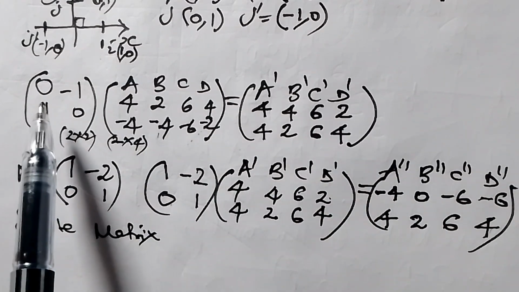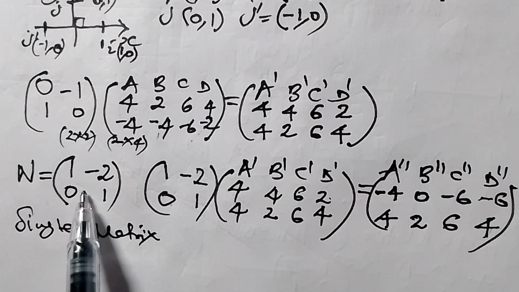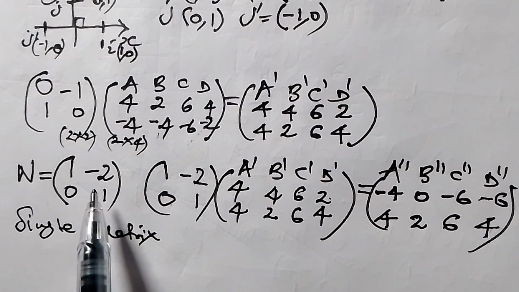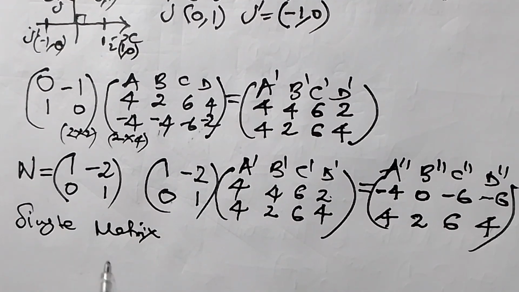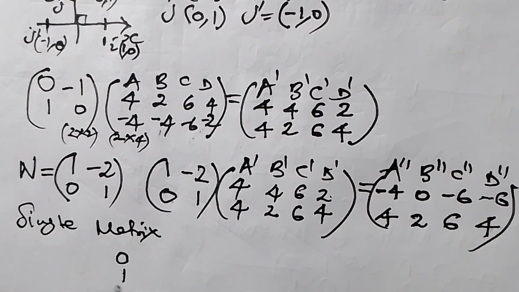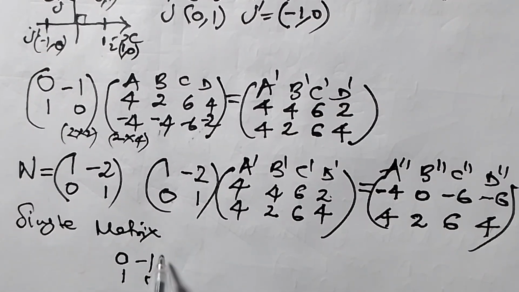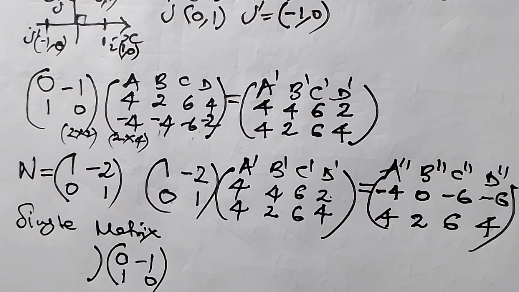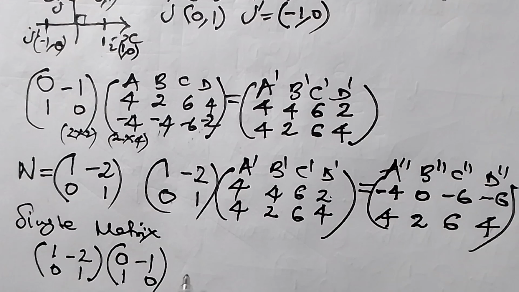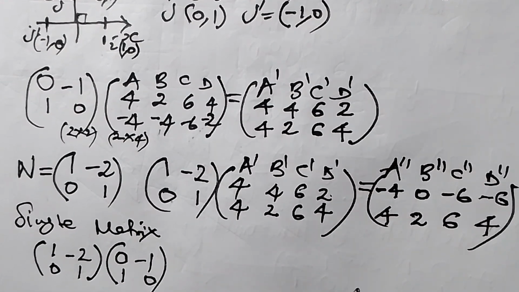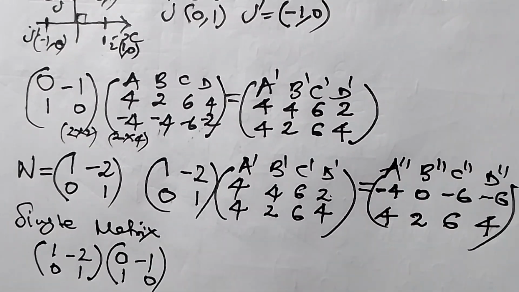One of them is M and the other one is N. So we're going to take the first matrix onto the right, which is matrix M, that is 0, 1, negative 1, 0, pre-multiplied by the last matrix of transformation, which is 1, 0, negative 2, 1. So why do that? Because under transformation,